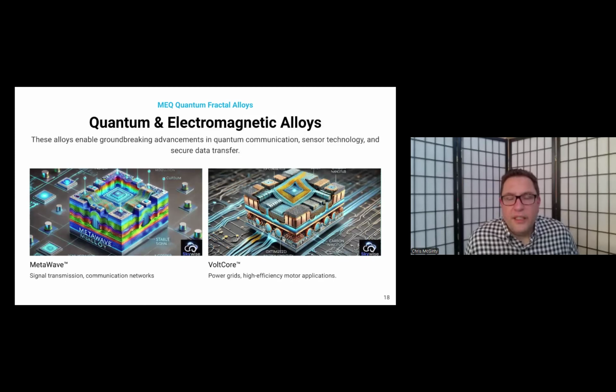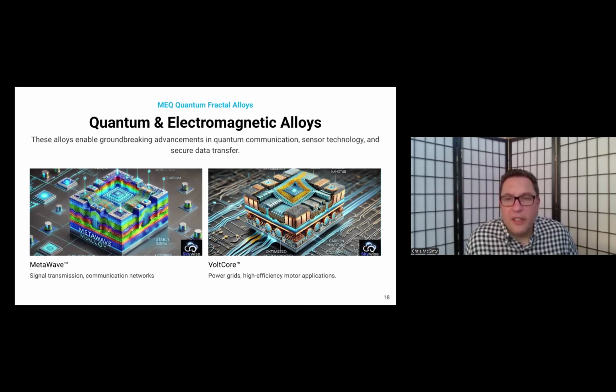Electromagnetic alloys, these are some examples of how they look. When I talk about a fractal, how these are put together is different. They literally are a layered alloy. And in some cases, with the nanostructuring we use, and I can get into that too, we can get down almost to atomic level layers. So the fabrication on these is going to be pretty hard, but the application for these will be really for more space age type tech.